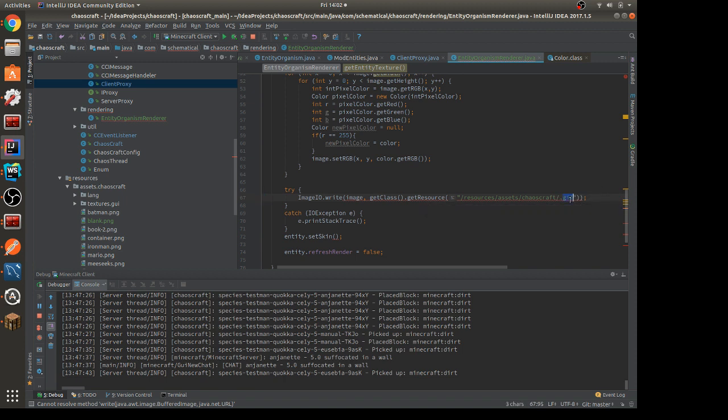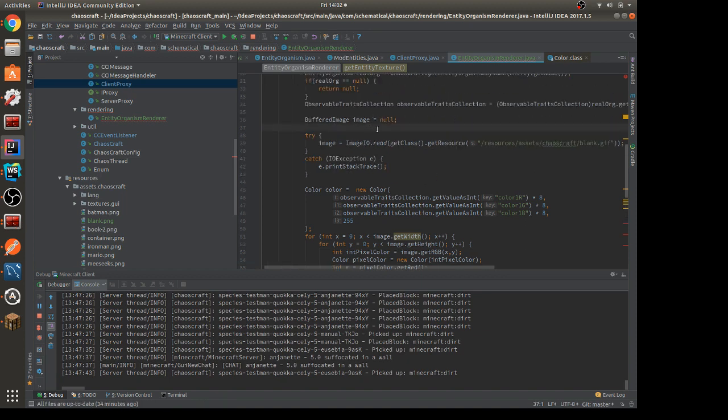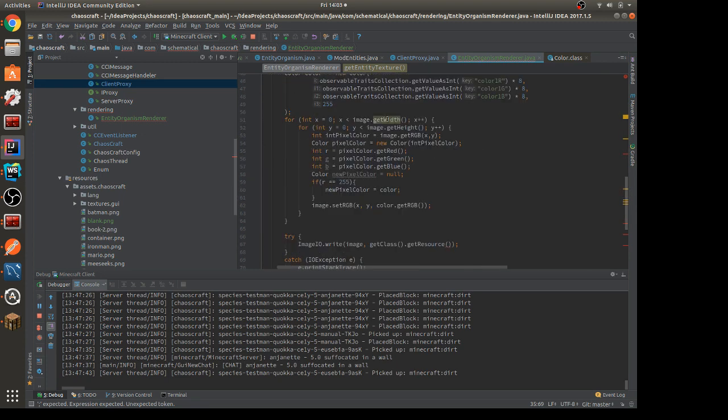So we need to set the file name real quick here that it checks. We'll do that up here. String skin path, skin file name. So we just gotta...